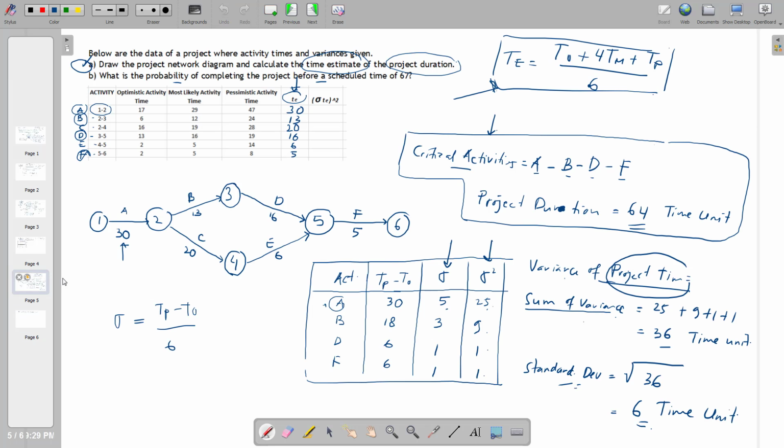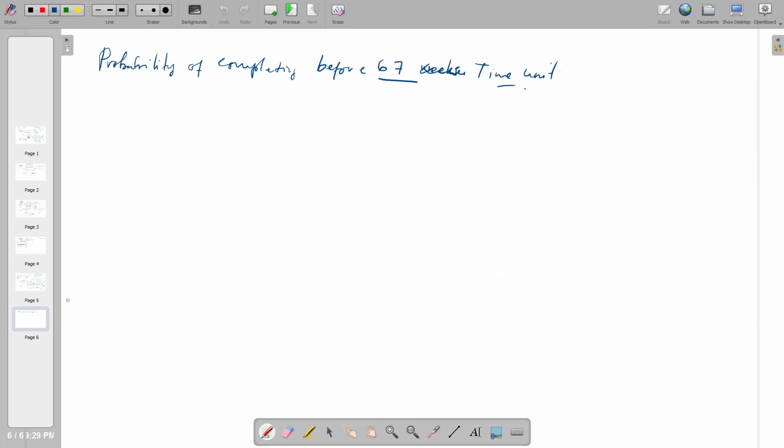But this is not definite. 64 is not definite, because we calculated it based on the time estimate. So the question is, if I say that the project will be completed by 67 time unit, what are the chances that it will be completed based on the amount of time I said? In order to calculate that, you need another calculation for the standard normal variate,